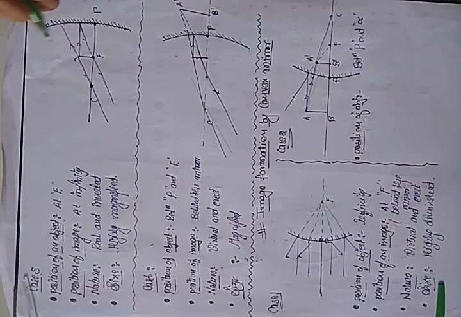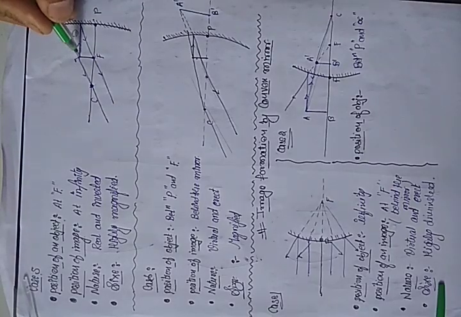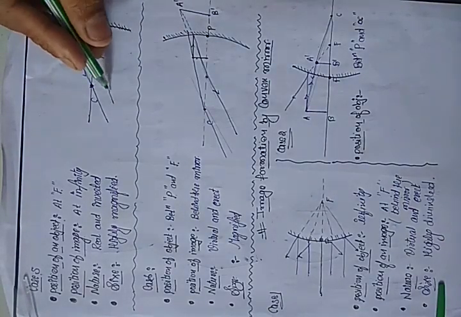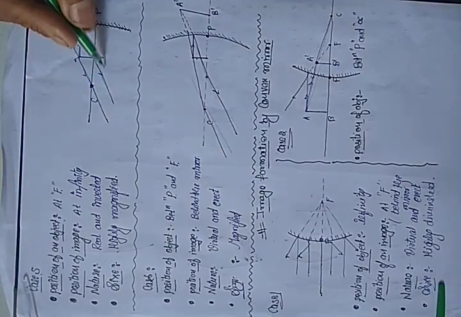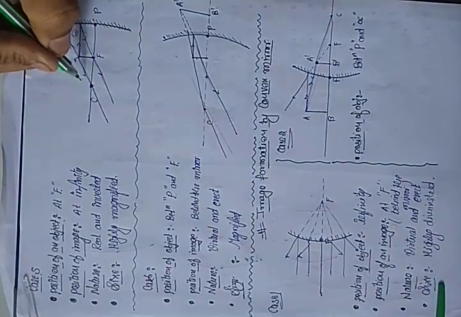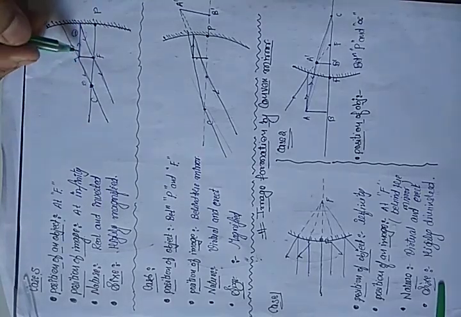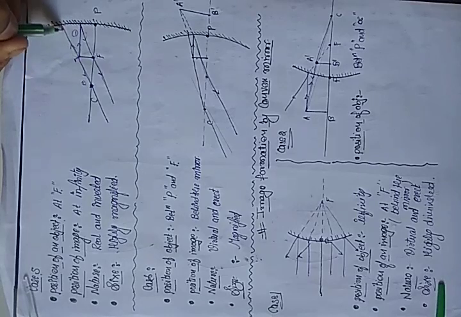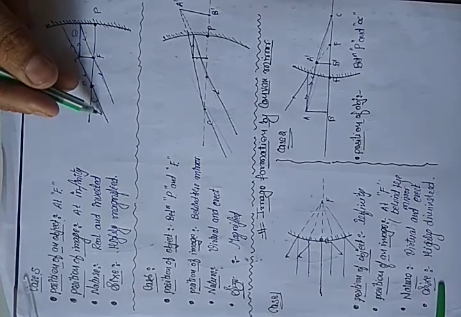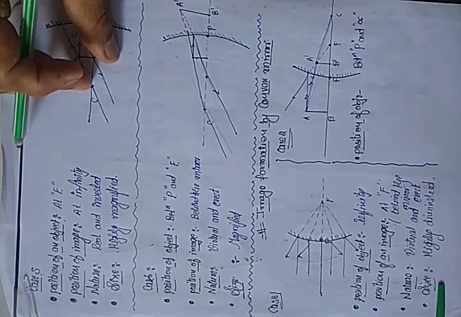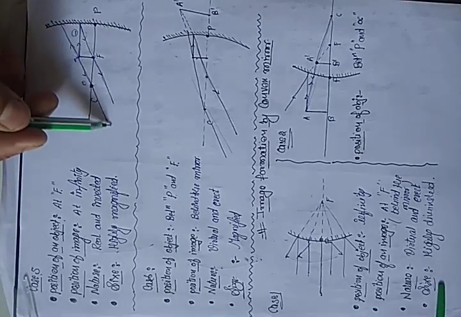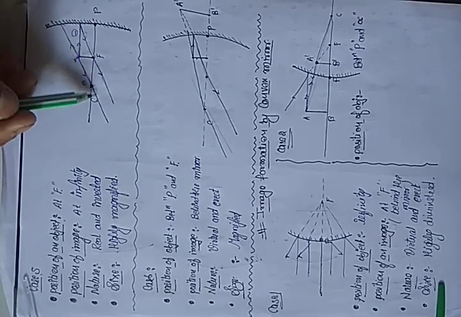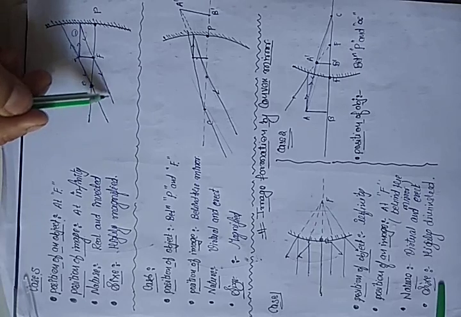Now rule number 1, what is rule number 1? Pass a light parallel. So when a ray of light passes parallel, it will reflect through focus. So this is ray number 1. Now this is rule number 3. When we pass a light from center, okay, it will reflect back to the center. Now see, these two are again going back, but see, they both are parallel. If the reflected rays are parallel, they will never intersect.